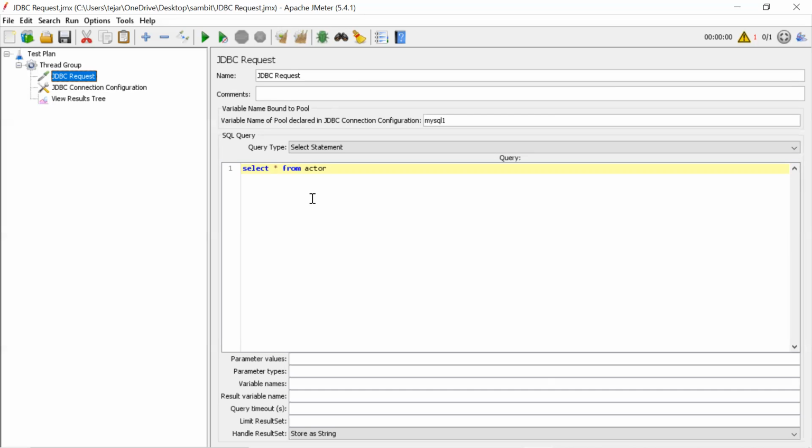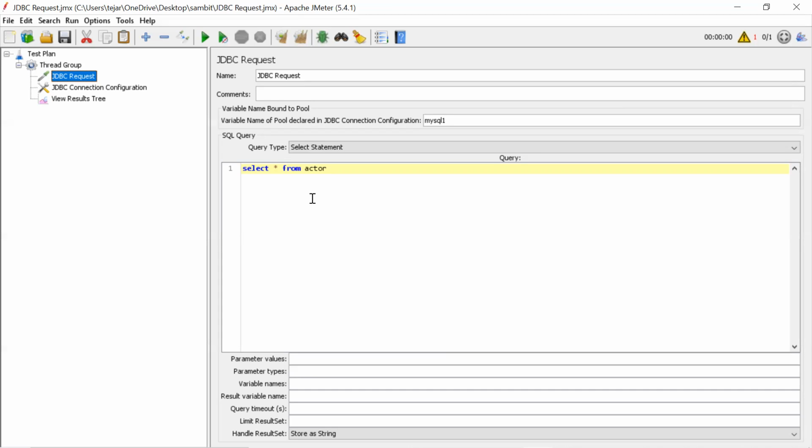That's the first purpose. The second purpose: like we did correlation earlier, where we extracted from the response. But some applications, to log in, need OTPs. We can't connect to a mobile and get the OTP. So what we'll do is, OTPs are stored in the DB, so we'll connect to the DB here and hit the particular query. From the output, we'll take that OTP and log in. So without any manual intervention or without disabling the OTP flow, we can use this to pick up the OTPs, the password, or some data.